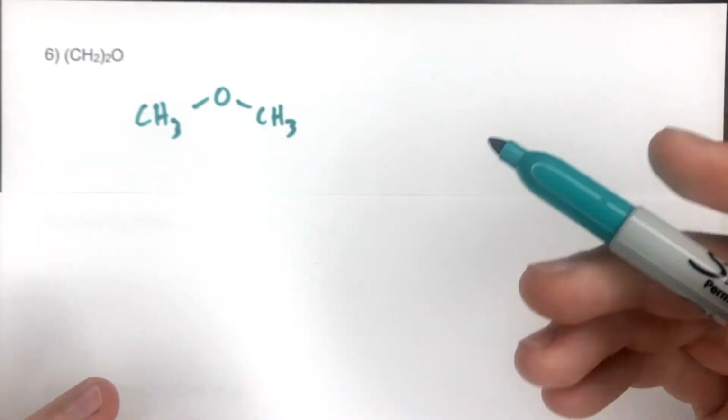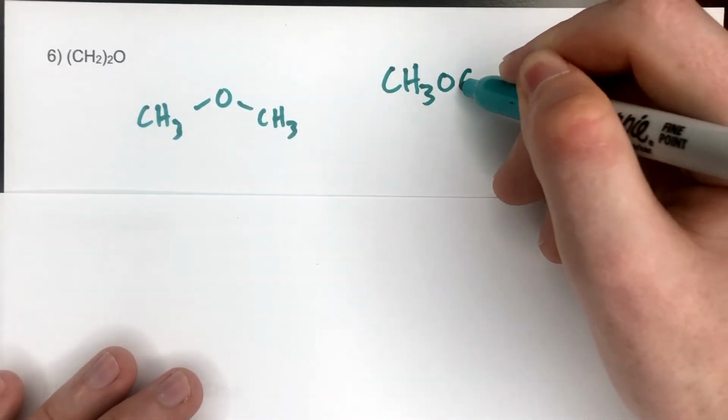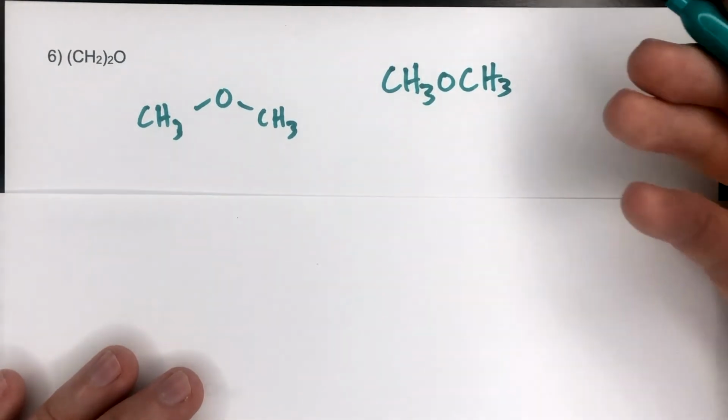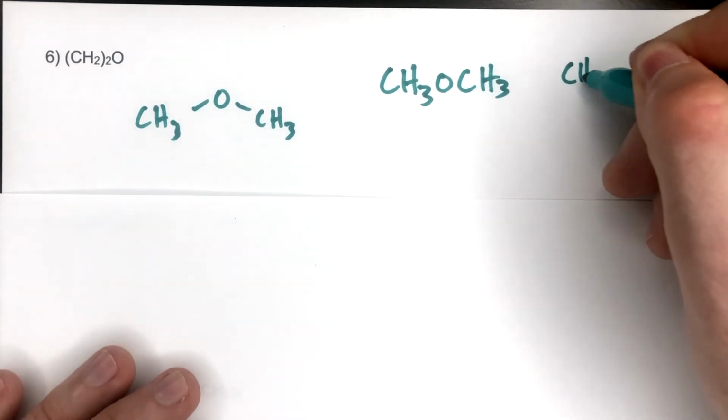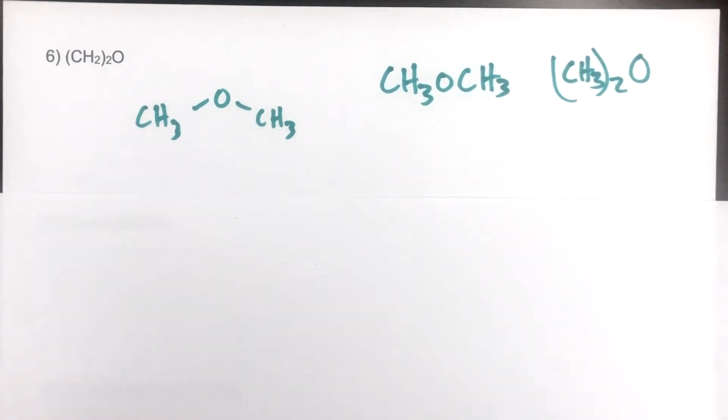So this wouldn't work because CH3OCH3 would be the condensed formula, or I suppose you could write this as (CH3)2O to look somewhat similar to what we have in our actual question. So the issue becomes we need to get rid of a hydrogen at both of the CH3s. So the only way to do that, since we already have bonds to the oxygen, is that we need to